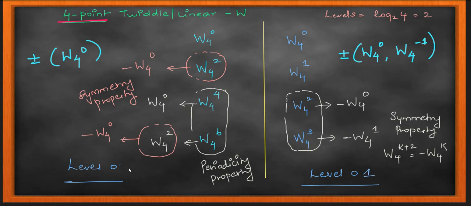What I'm telling you is that which one you call level 1 and level 2 is totally up to you, because it's your numbering or labeling. If you go from left to right, you call the left one 1. If you go from right to left, you call the right one 1. It doesn't matter. So let's see this example where my x of n is equal to 1 0 1